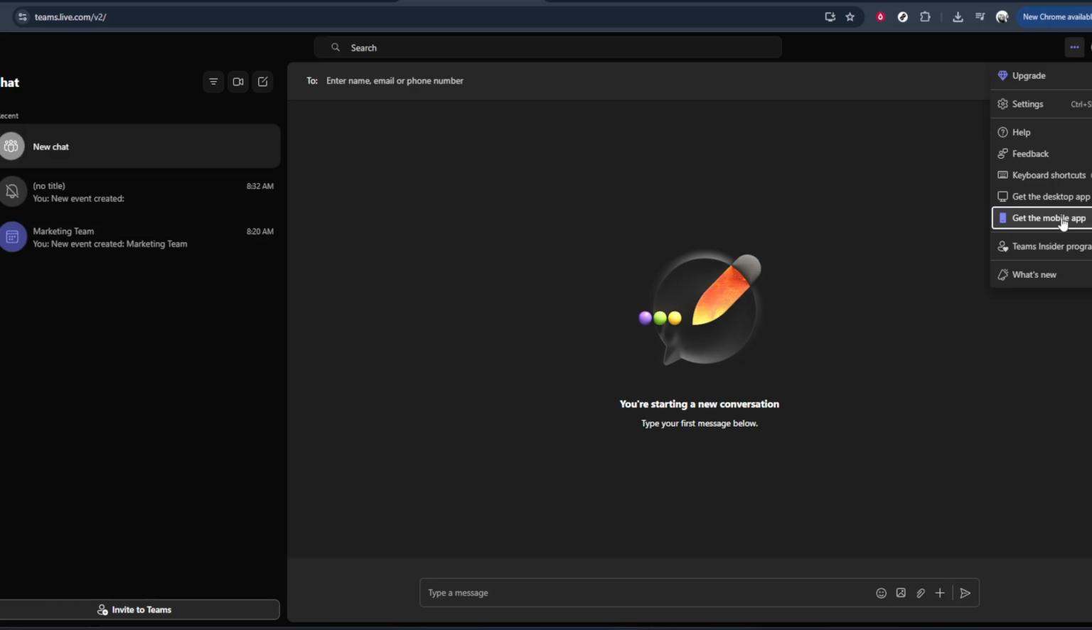When the desktop app opens, sign in with the same account you use for the web version. That's it. By using the 3-dot menu at the top right of the web version and selecting Get the Desktop app, you've taken the key step to move from the browser version of Teams to the full desktop